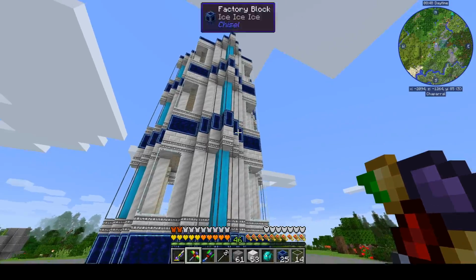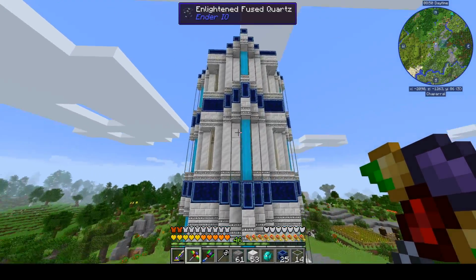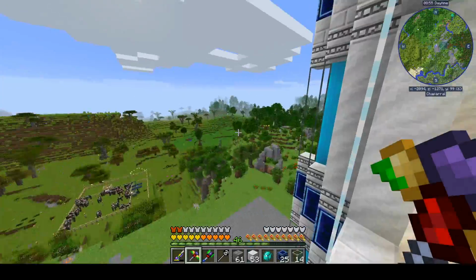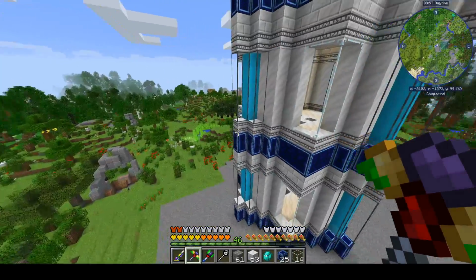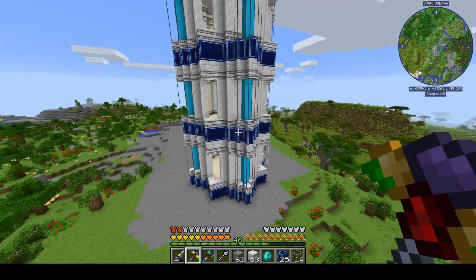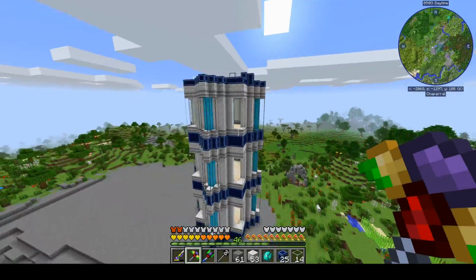It felt like cheating, but hey, a lot of the stuff that goes on in expert mod packs feels like cheating. I'm creating 1.6 million RF per tick. Of course I feel like I'm cheating. I'm flying like creative mode. Of course I feel like I'm cheating. But anyway,